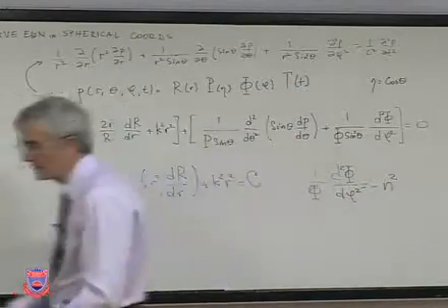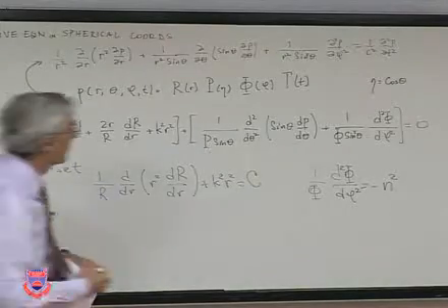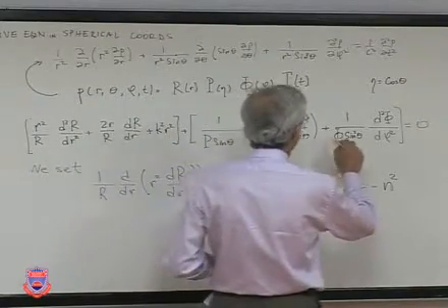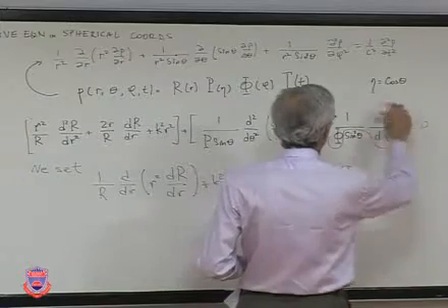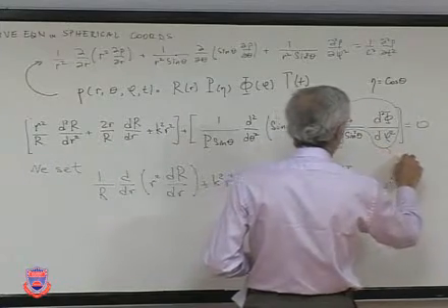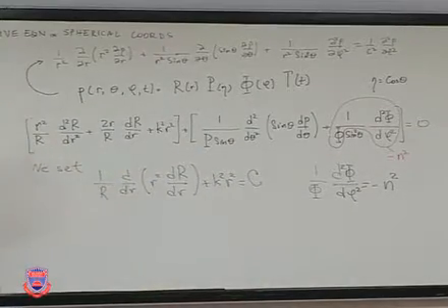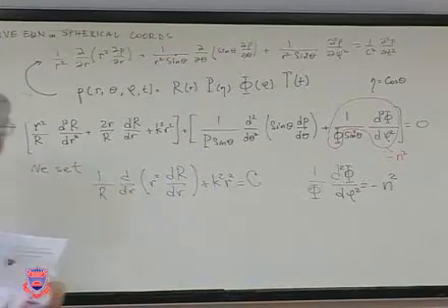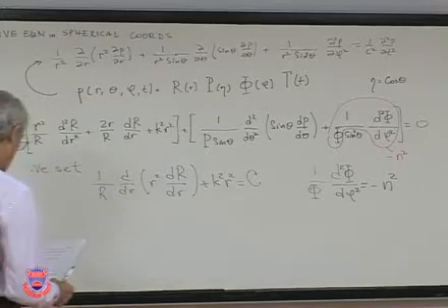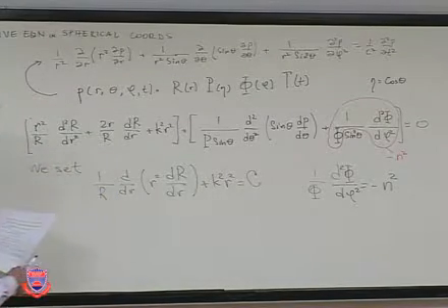Just this portion we're saying is equal to minus n squared. And we end up with now three sets of